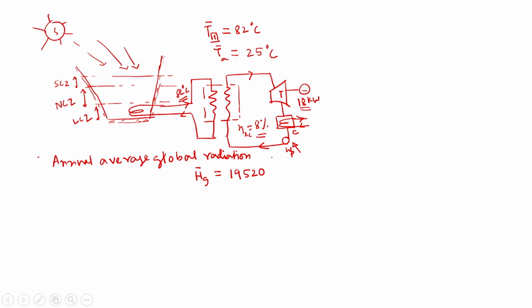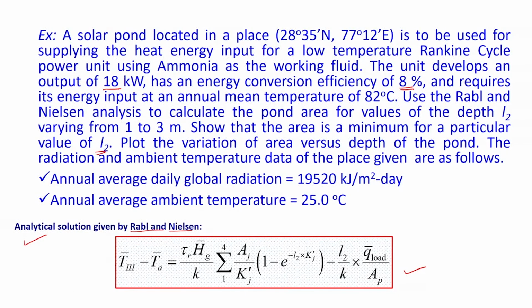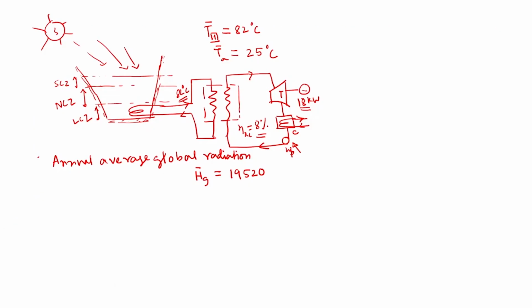So, what is given you can see here 19520 kilojoule per meter square per day. Okay. This is kilojoule per meter square per day. Okay. So, we can convert it to